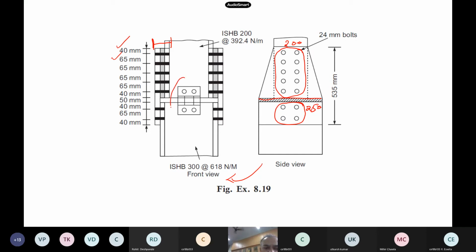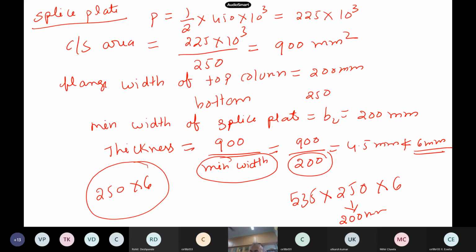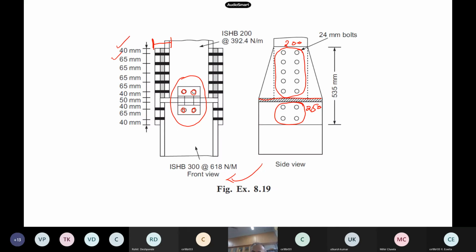Now of course in this problem, he has provided a splice plate. Okay, not required because there is no shear force which comes on the splice plate, but in practice, although shear may not be there, sometimes we don't know, the shear may also come. So generally, to be on the safe side, people provide these shear splices also, but in the design of this problem we don't design for these shear splices itself. Okay, so this is how you have to calculate for this type of problems, the column splices. So with this, we have almost closed our compression members itself.